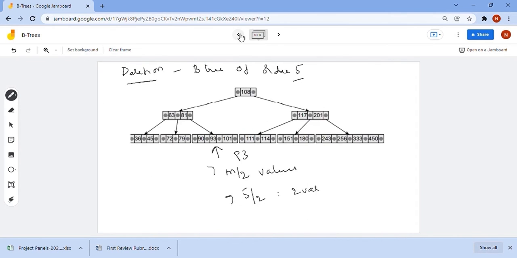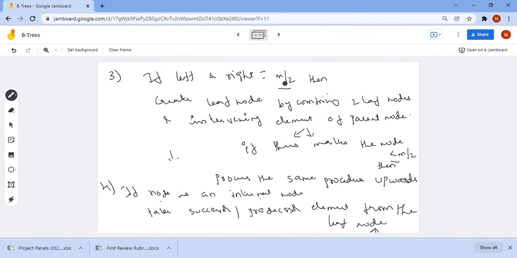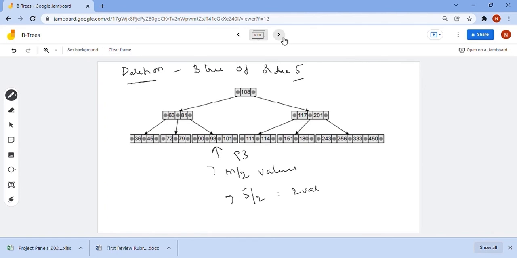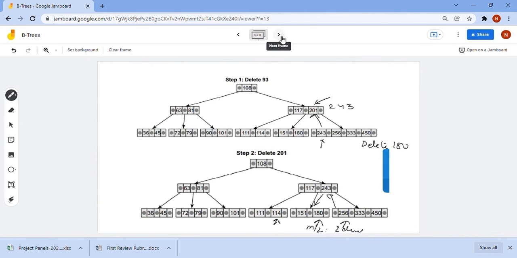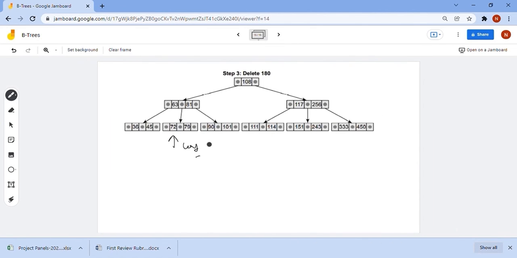If left and right both have exactly m by 2 elements, then you have to create a leaf node by combining the two leaf nodes and the intervening element of the parent node. So here we need to create a new node combining all the elements of both the leaf nodes.